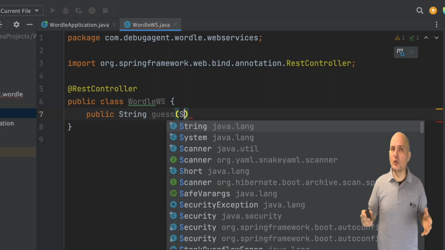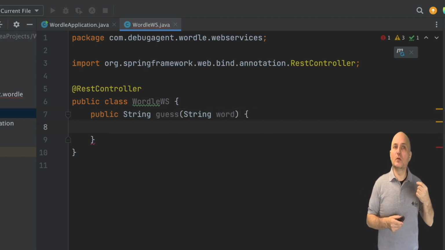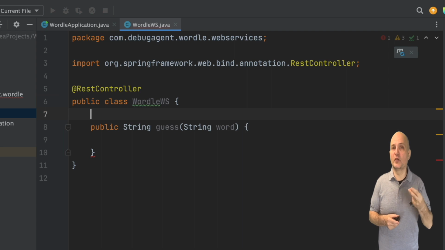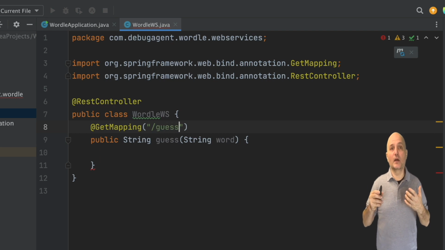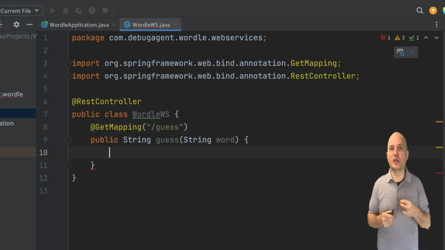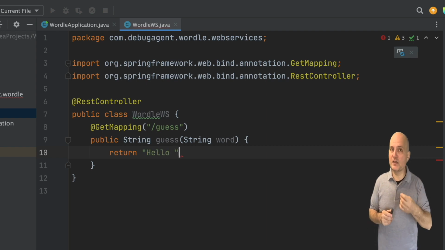Here's the interesting part. I create a new method that returns a string. This will be used by the user to guess the word similarly to our command line application. Here I add the get mapping annotation and give it a relative URL, guess. When you visit the website, it uses the HTTP protocol to process your request.